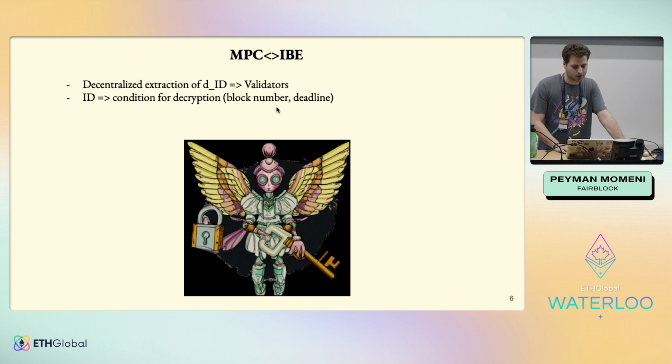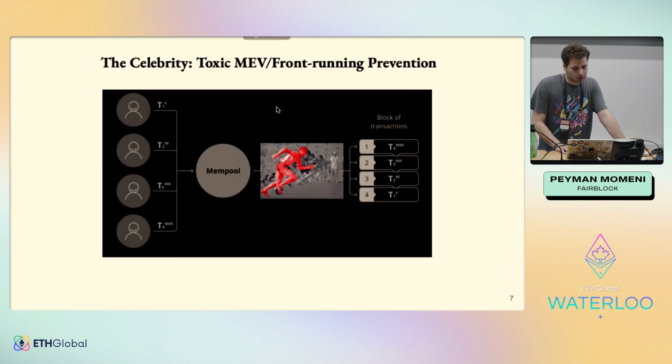And so we can have the idea of time block encryption using IB and DKG. So right now, I'm going to briefly discuss a couple of the applications that we've enabled using IB and DKG. So the celebrity here is MEV, the bad part of MEV, not the good MEV and arbitrage opportunities, the toxic